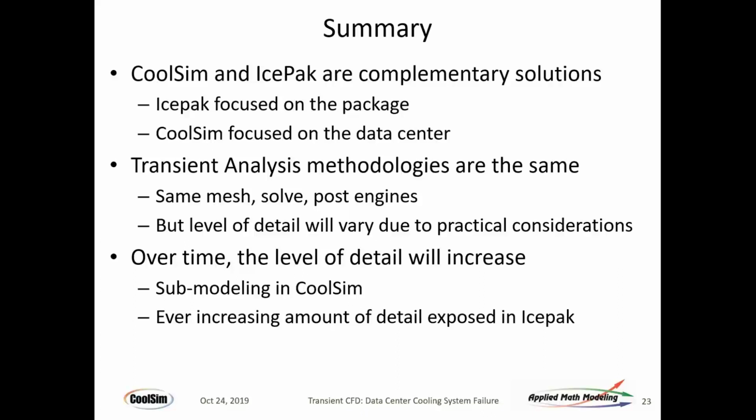For example, Jim in his slides talked about reduced order modeling or submodeling. This is the idea of modeling inside the package first and coming up with effectively a polynomial, an algebraic representation of what happens to temperature as a function of time. At the end of the day, you're interested in knowing what's happening to temperature as a function of time. Once it's modeled, it can be expressed algebraically with a simple nonlinear polynomial representation and used in a more coarse granularity package like CoolSim